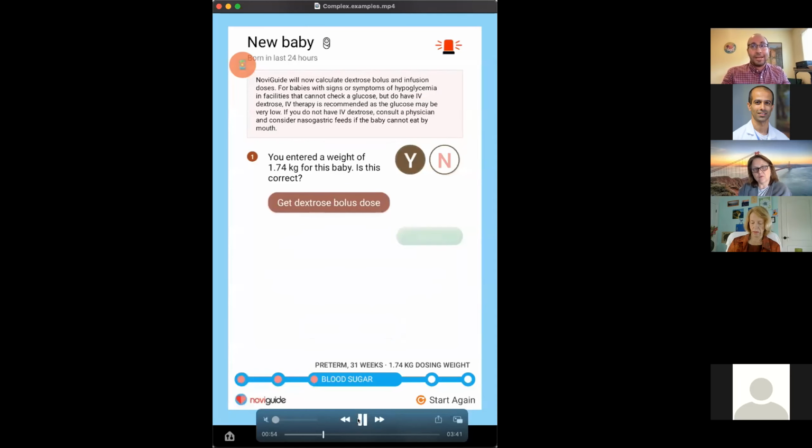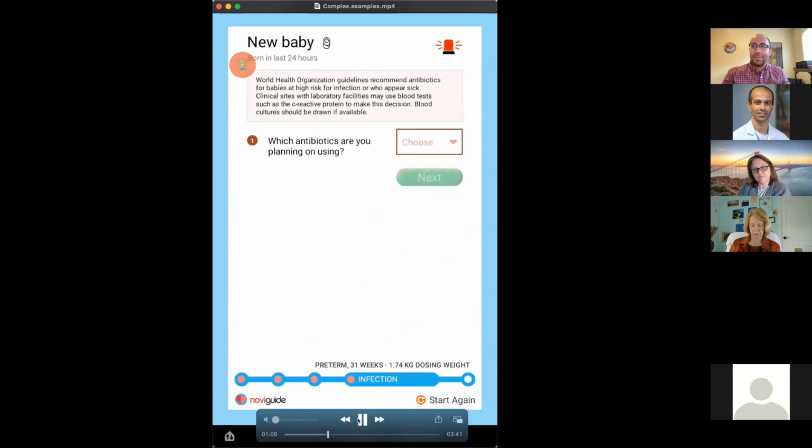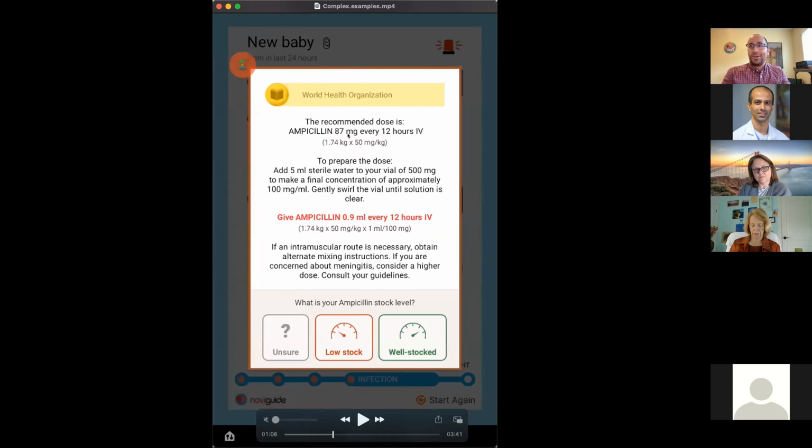I'll let this keep going now into infection, one of the top causes of neonatal mortality. Obviously, the sick preterm baby would be getting antibiotics, confirm the ampicillin and gentamicin, same as at UCSF, but then taking the time to go into the vial sizes so that you can give both the dose in milligrams, the mixing instructions, the ultimate dose in milliliters, which is what nurses need, and the administration instructions. I'll say preview upcoming attractions down here with the stock levels.